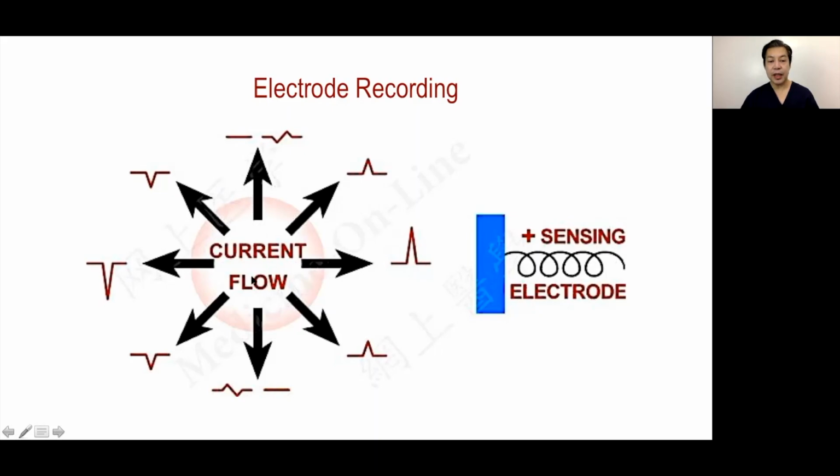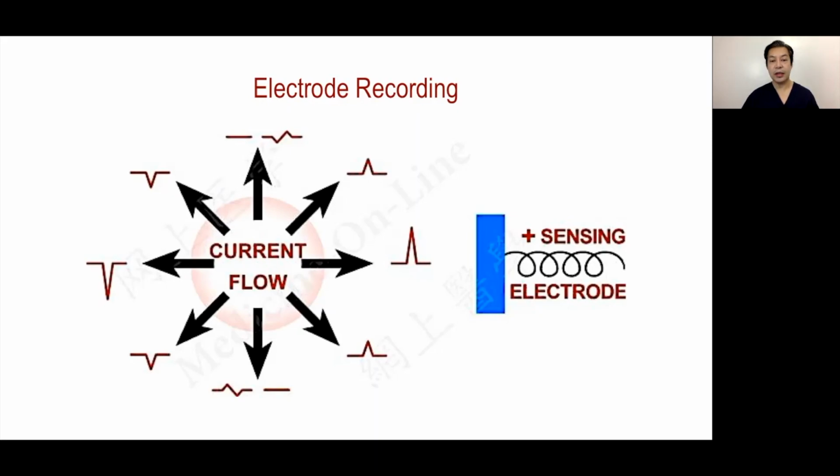Once the impulse is directly under the electrode, it will go to the isoelectric baseline, and as it goes away, record a negative terminal. And again, it's a smaller amplitude